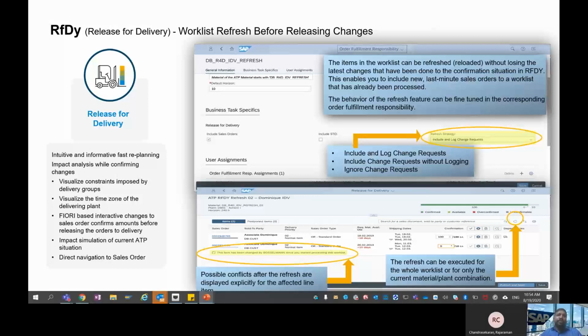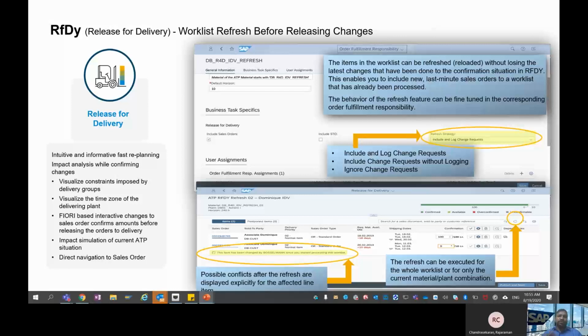So this allows you to view the material availability situation of materials for which you are responsible, as well as the potential financial impact of being unable to fulfill the order requirements. The combination of these factors helps to decide how to distribute material quantities between order requirements before you release the business document for subsequent logistical processes.